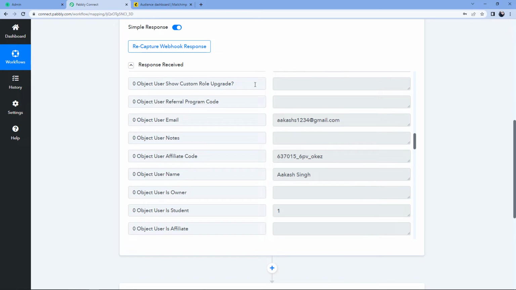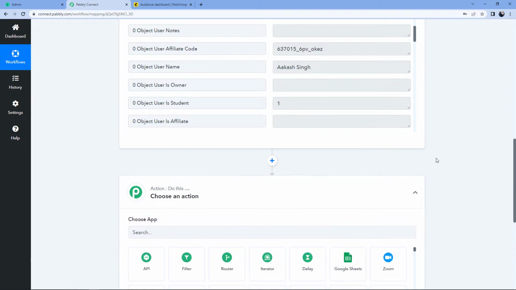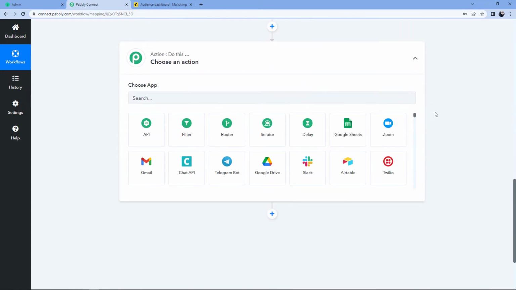And in step 2, we have to send this very same data to Mailchimp. For that, we will scroll down and come to this action window. But guys, we will notice that here in this response, we have the first name and the last name of the user collectively. But to add in Mailchimp, we have to split this name. We want the response for first name and last name as separate responses. So we will be using a feature from Pabbly Connect called text formatter to split first name and last name. So we will scroll down